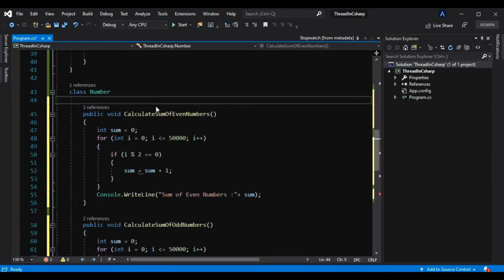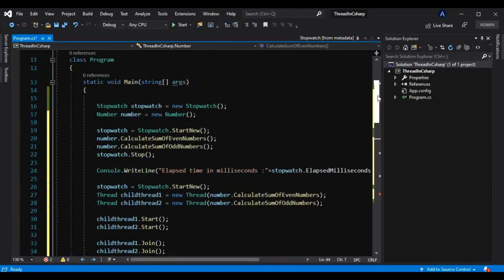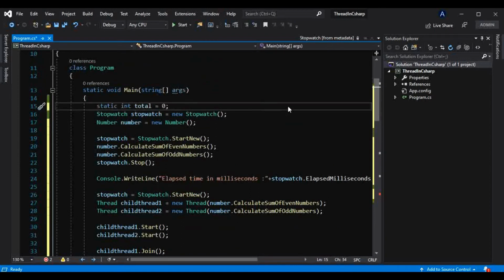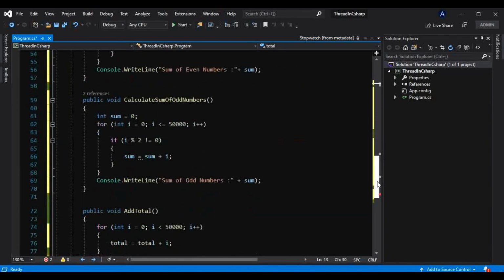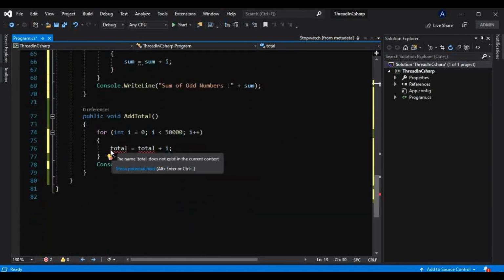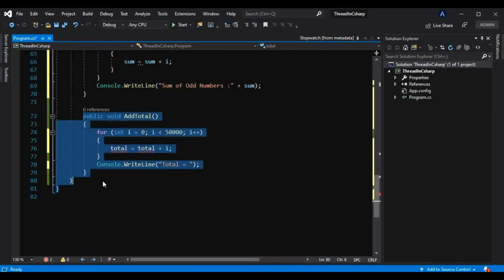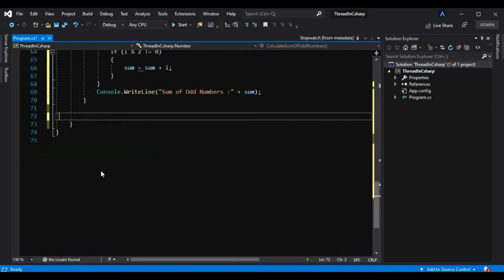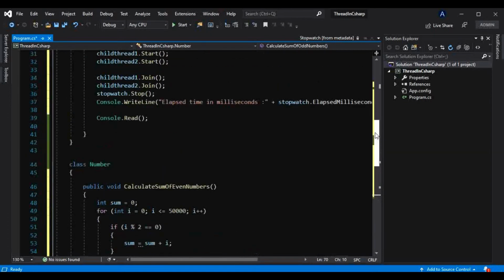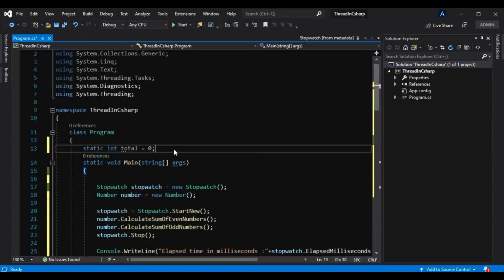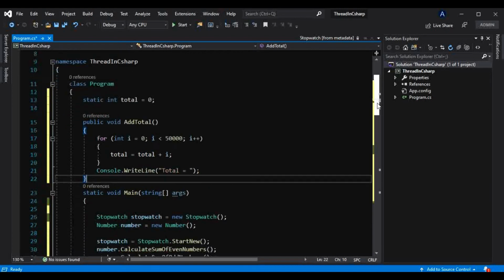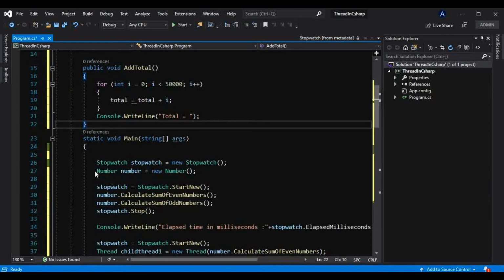Instead we will take that here, I will take that method from here and keep it here only, so that we don't need this class here anymore.